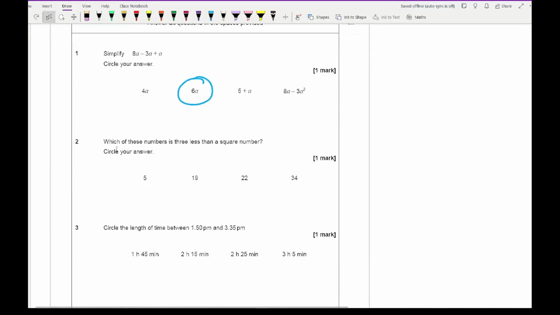The next one then says which of these numbers is 3 less than a square number. So if we just basically add 3 to each of these numbers, we could just see which one of these would produce a square number. So 5 plus 3 is 8, so that's not square. 19 plus 3 is 22, and that's not square. 22 plus 3 is 25, which is square, so there is our option, which is the correct option,